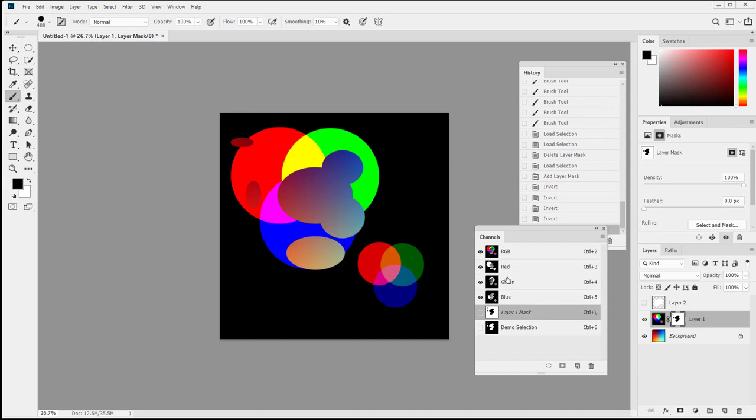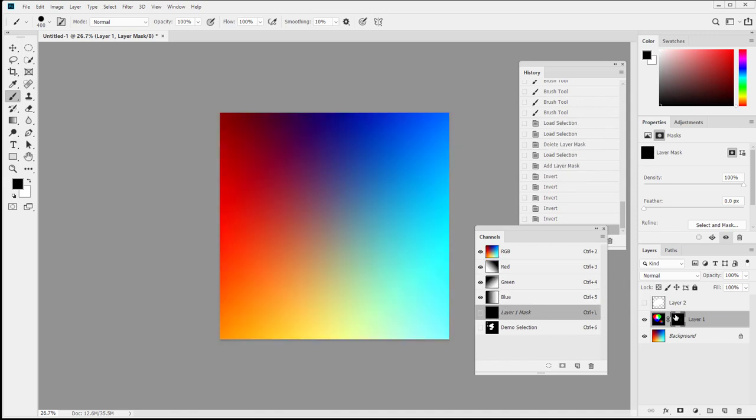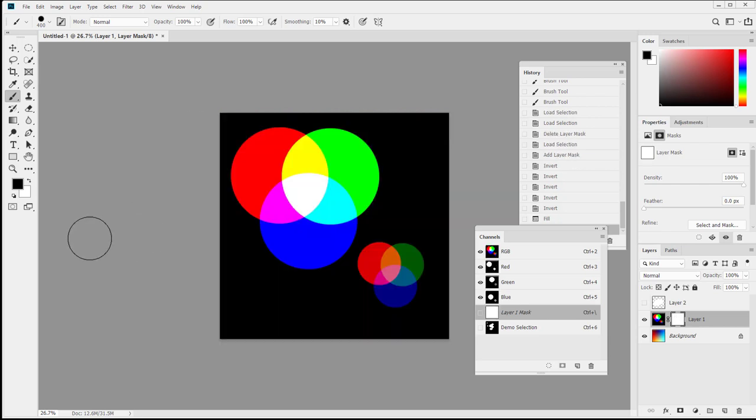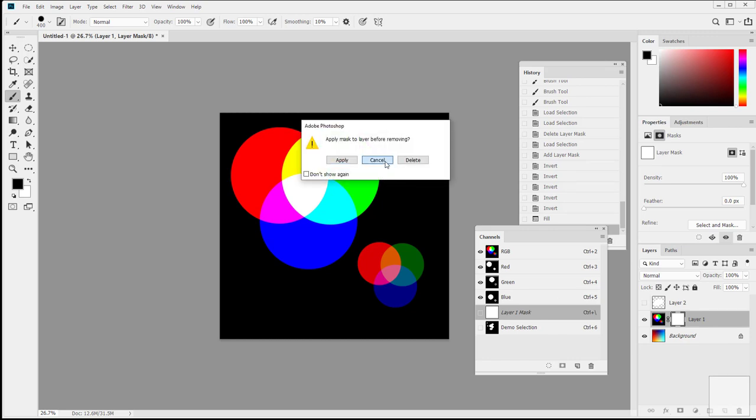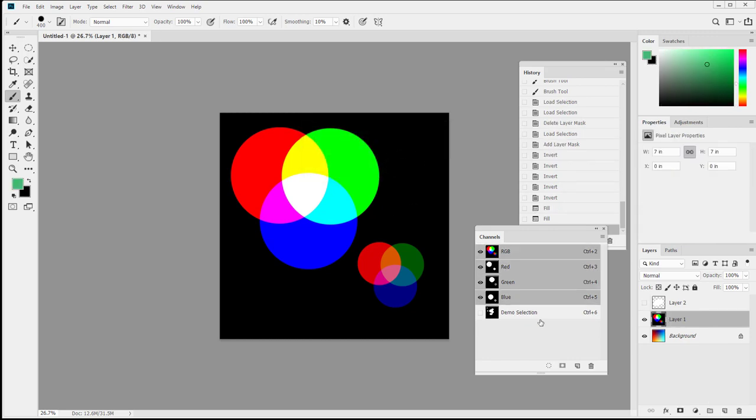The other way to do it, and I'm just going to fill this entire thing with white. Control-delete, since white's my background color right now. Boom. So the mask is revealing everything. The other way to do it, sorry, if we don't have a mask, I don't know why I filled it. I should just delete it. There we go. The other way to do it is if you're selecting things that you intend to mask out